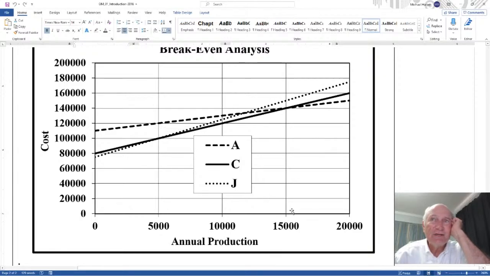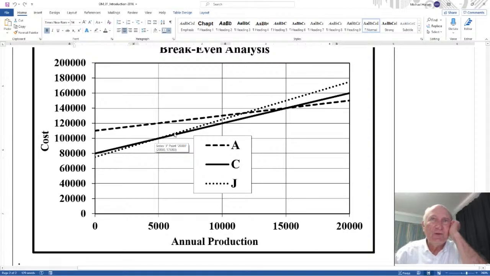If you're producing, let's say, 15,000 and you're using a job shop, here's how much more expensive it's going to be. So not only does it tell you what the answer is, it tells you what the costs are if you deviate from that production. Because usually production varies. It's not exactly 5 or 15. It varies every year, every quarter, every month. And so if you deviate a little bit, you can see that